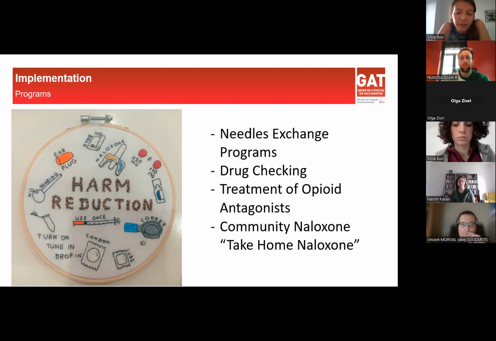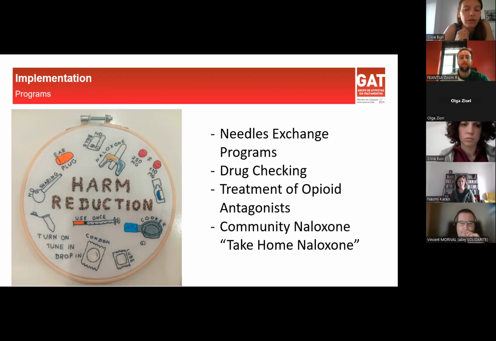Community naloxone. For the ones of you that don't know, naloxone is a medicine that can revert overdose from opioids, such as heroin and morphine or fentanyl. Before it was an injection, not so easy to carry, but now, as you can see in the picture, it's like the things when you have a cold and you need to put in your nose in order to be able to breathe. It works the same, but it can revert overdose. It's really important that we always carry it with us.